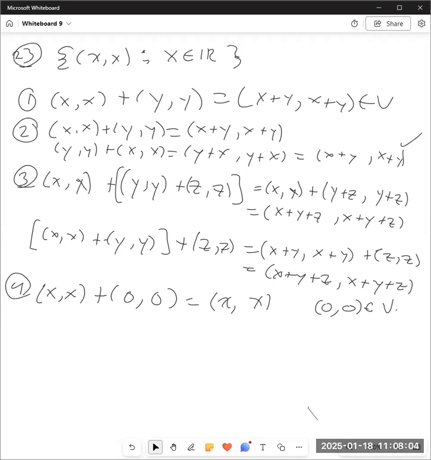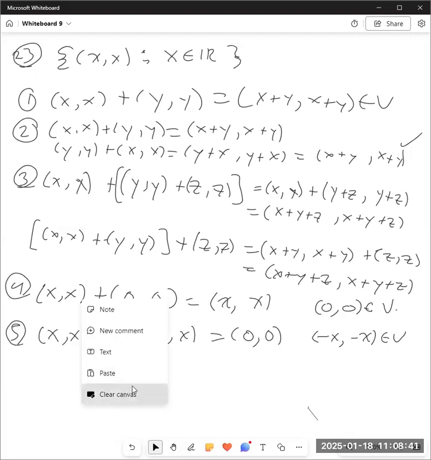Really, your 0 vector has to exist, but yeah, that's it. It's an existence axiom. So we need x plus negative x equals that 0 vector, and negative x is in V, so we have our additive inverse going on there. Let's clear this and look at the